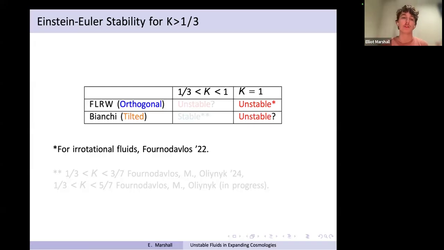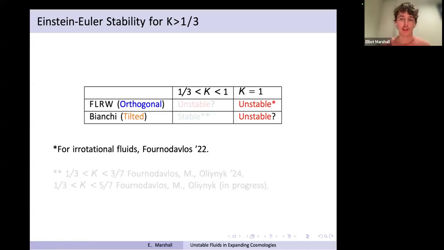So then the natural next question is, well, what happens in these Bianchi spacetimes in the stiff fluid case? It turns out there you also expect this instability to happen, this extreme tilt and finite time instability. But to my knowledge, there are no rigorous results right now. The reason you expect the same instability is because already at the homogeneous level for the stiff fluid, you see this extreme tilt and finite time instability. So there's no real reason to expect that taking nonlinear perturbations would fix this or improve things. So I think the expectation is that it should be unstable.